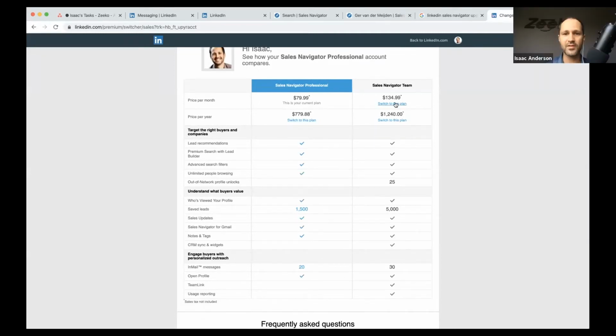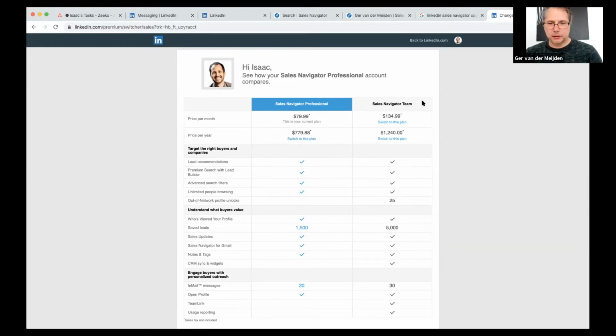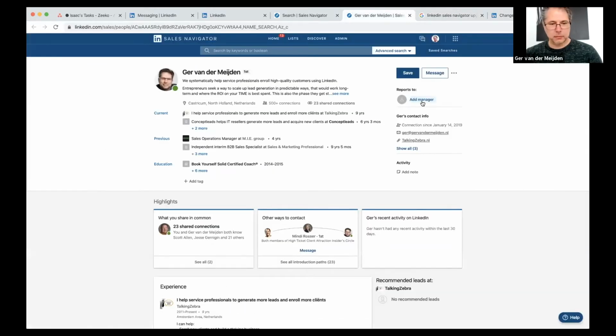Sales Navigator, switch to this plan. It went up $5, I guess. So if you have team, I thought that everywhere I'd read, you had to sign on the whole group. That's coming soon, probably. So Mike, you're saying that if you have team, you get 5,000 instead of 1,500, and you get the smart links and a few other things. That's really interesting. Thanks for the heads up.